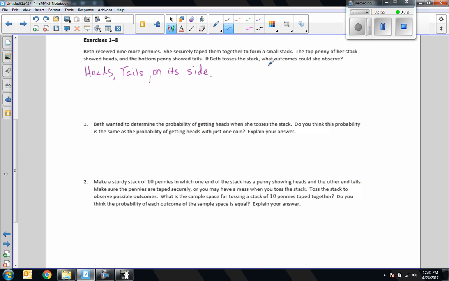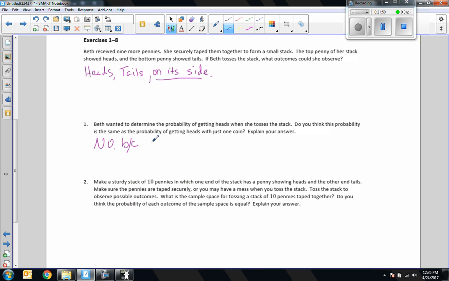A penny will not land on its side and just stay there on its edge, but many of them taped together, 9 or 10 of them, would probably be more likely to land on their side than on the top or bottom, since it would be in the shape of a can or a cylinder. Beth wanted to determine the probability of getting heads when she tosses the stack. Do you think this probability is the same as the probability of getting heads with just 1 coin? Well, I would say no,